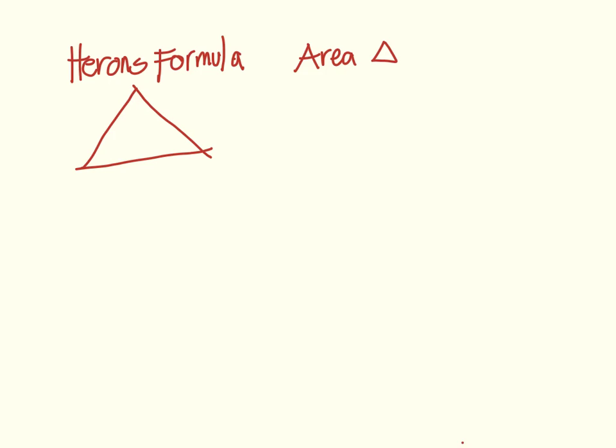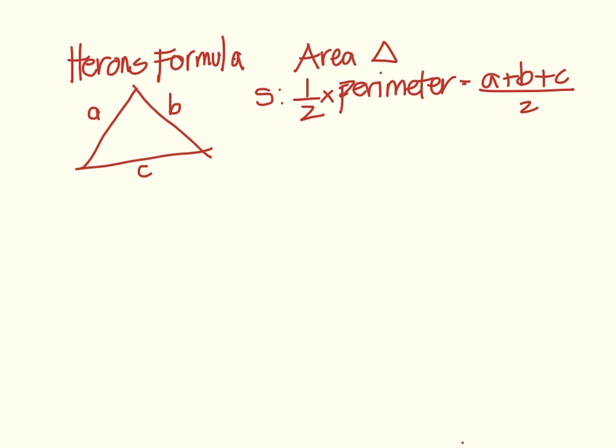So if I have got sides A, B and C, we need to first of all work out the semi-perimeter, which is half of the perimeter,